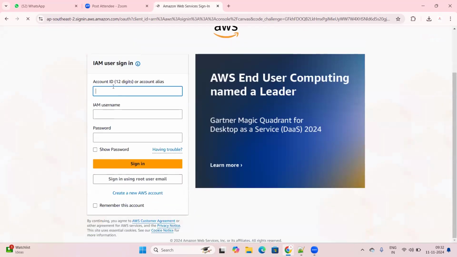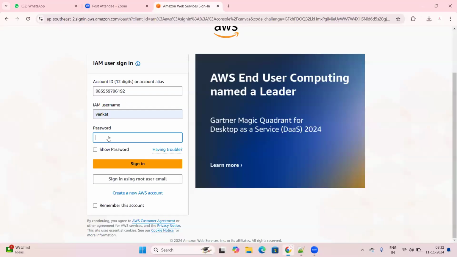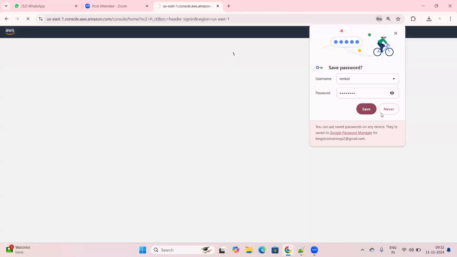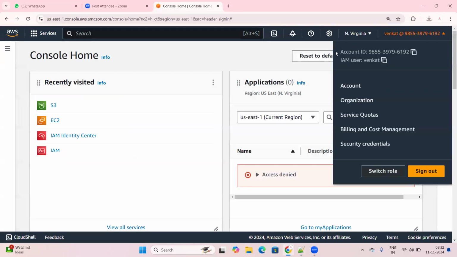So now you can see here, IAM user. I'm providing the 12-digit account ID. Username is Venkat. The password I've already saved here, so we can copy and paste it. The same password. I'm going to sign in. That's it. When Venkat has logged in with his IAM credentials, you can see here this is the